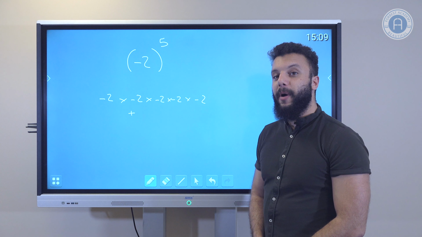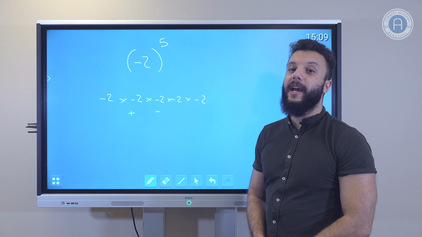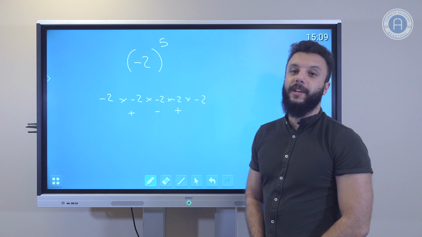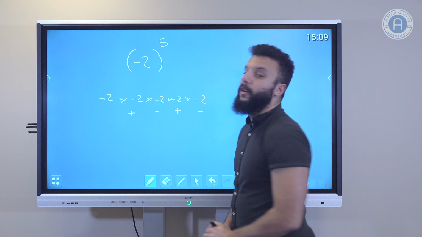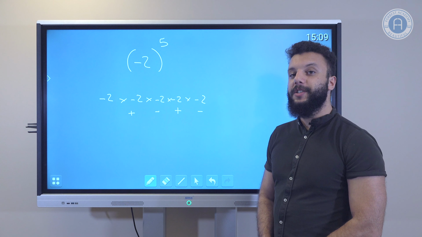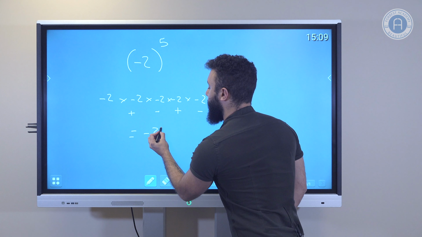If we then times that by a negative number, we get negative. We times a negative number by a negative number, which gives us positive, and then we're timesing a positive by a negative to get negative. And as we said, 2 to the power of 5 gives us 32, and it will be negative, meaning our answer is